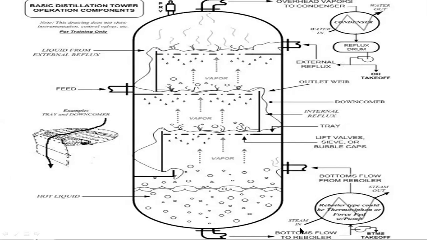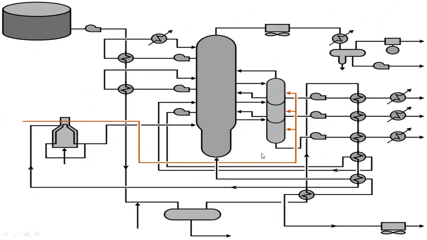Okay, so then again at the bottom, as we have just seen, we have a bottoms flow from the reboiler. Again, you have a steam in and steam out heat exchanger. You will see here, you have a steam reboiler here, and you have water through the cooling towers, you are condensing here. Then it is again sent back. So the entire process, you will see lift valves, sieve or bubble caps are there at the columns, the trays. And then this is a downcomer, internal reflux. And these are all the different trays of the column. So this will be the entire height of the distillation column.